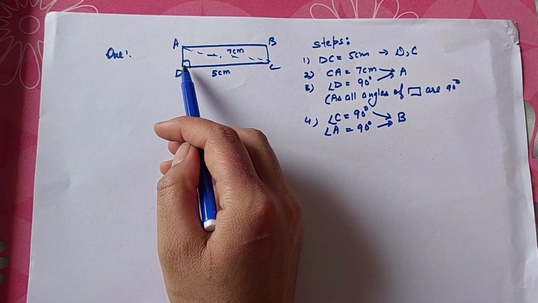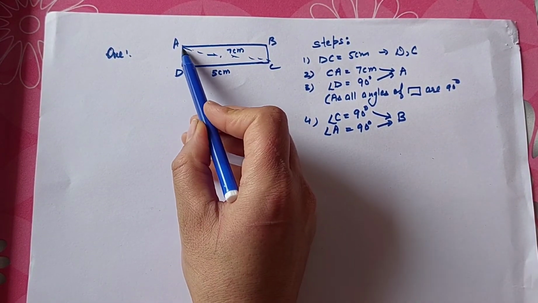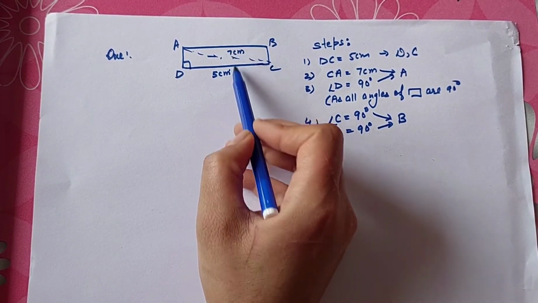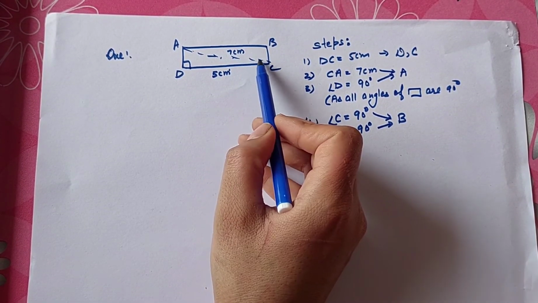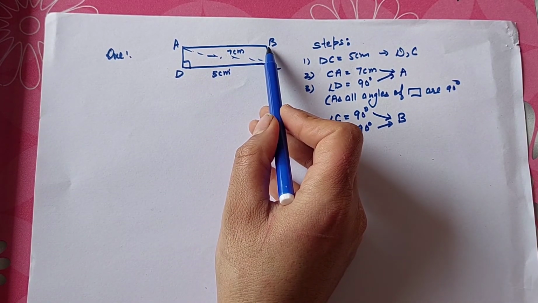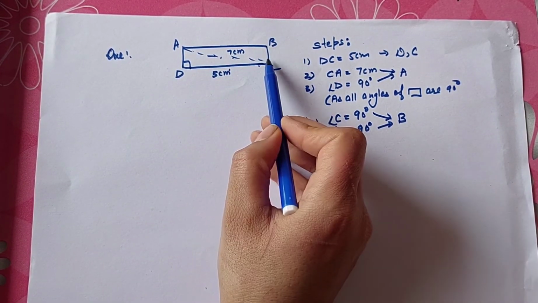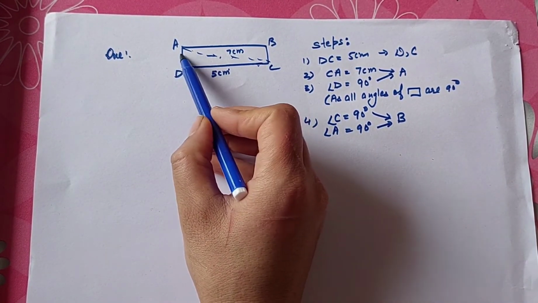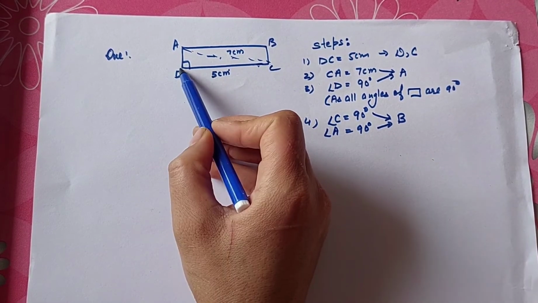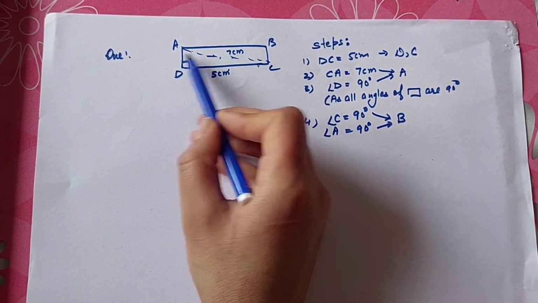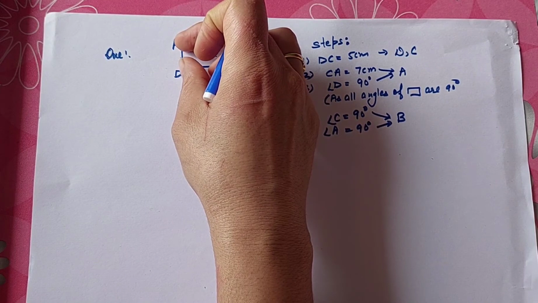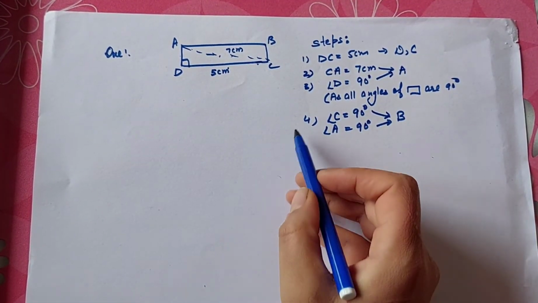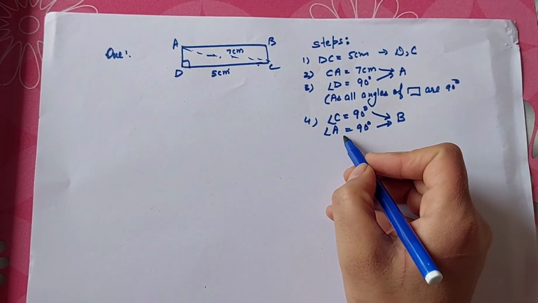Instead of this, we can also write AB equals 5, because opposite sides of a rectangle are equal, and we can draw C equals 90. So C and AB can give you B. And we can also do A equals 90 and BC equals AD. Maybe we do not have the measure of AD, but we can select AD from here, and from there we can find out B. So this question was quite easy. There were many ways to do it.